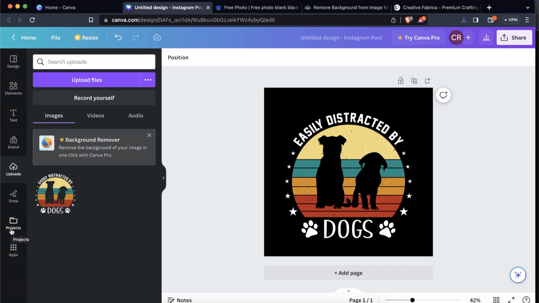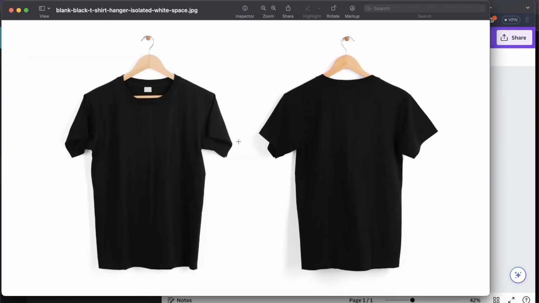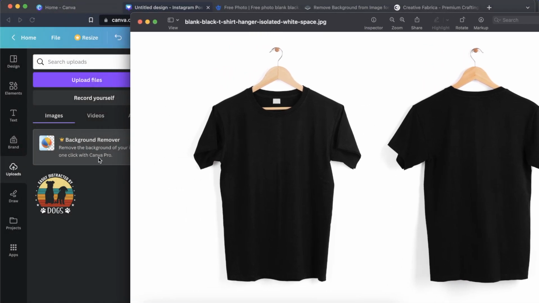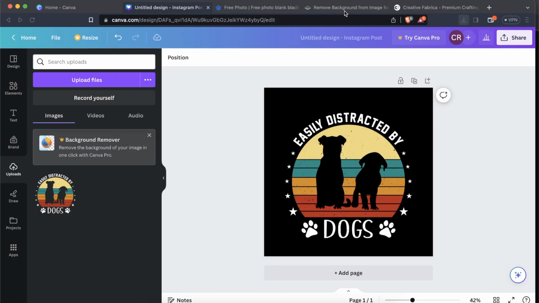Well, the first thing, of course, if you have a Canva Pro version, you can, as you can see on that design, there is a background, and you don't want that. You need to remove the background, but you can do this actually on Canva. As you can see, it's right here, background remover, but you need to have a Pro version Canva. So for the sake of this video, I have a free version for you, so I'm not gonna use Canva right now. You can do this for free